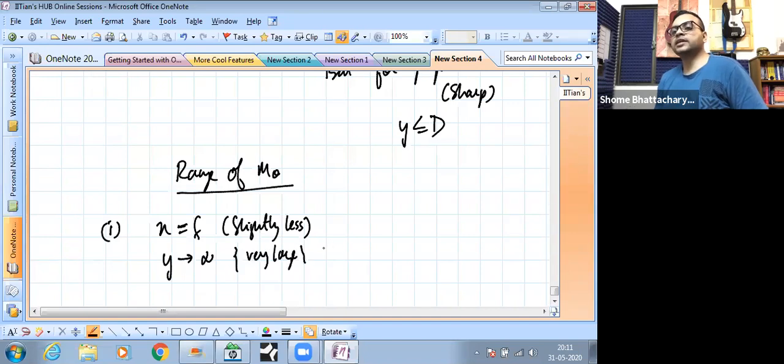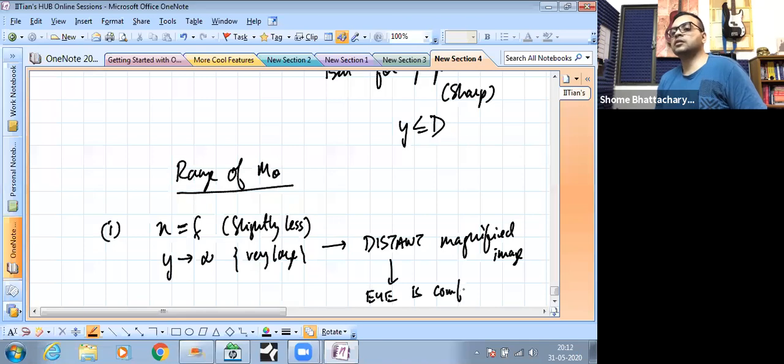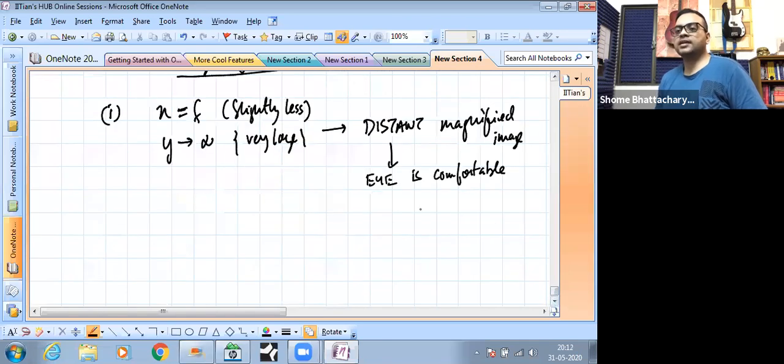In this case, what we get is a very distant but magnified image, and because it's very distant, the eye is comfortable. You don't really have to squint. Your eyelash doesn't have to be bulged. So it's in a comfortable kind of situation. So that is why this is called the normal adjustment position